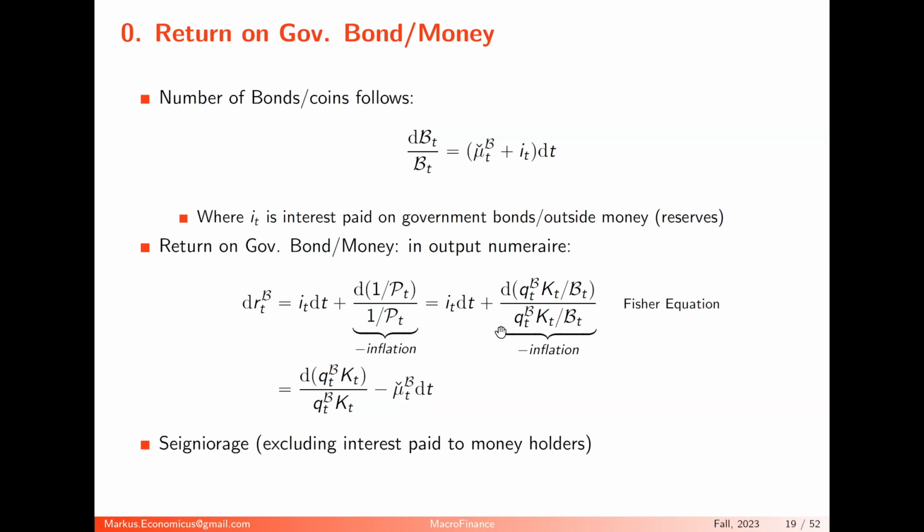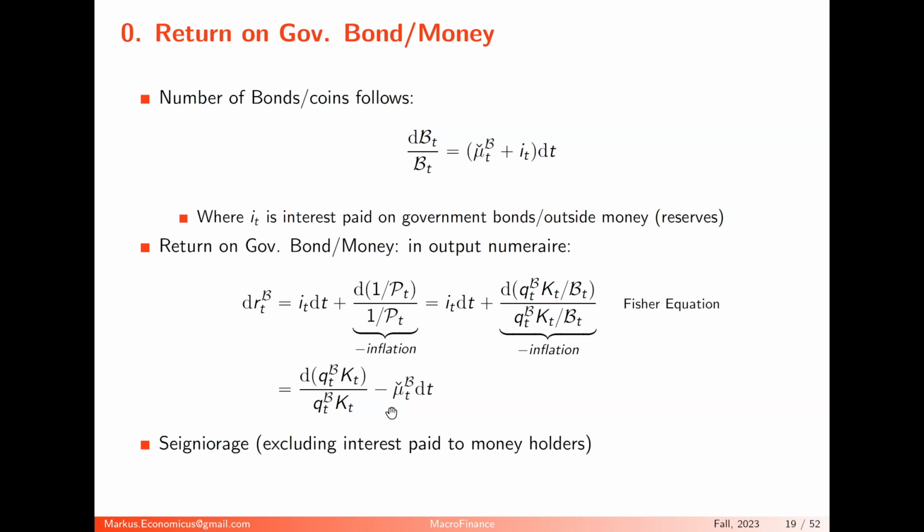So how do I get from here to here? One is that this i cancels out with this i. And then I got rid of this B. This B is growing, so this comes a mu B in there. So this is minus mu B plus i, and this cancels out with this i. Essentially we will use this expression: the real return on the bond is the capital gains on the total value, the total value of all government bonds, minus the issuance of the bonds. It's just a different way to write the Fisher equation.